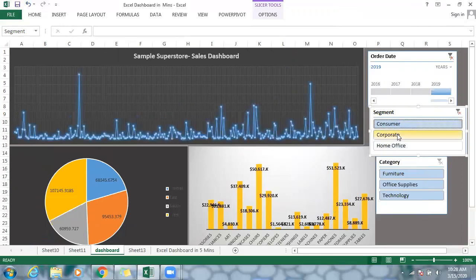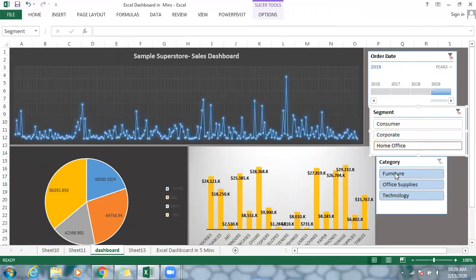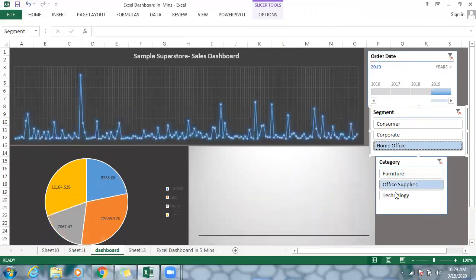So let's say when you select consumer, corporate or home office, you're going to get that specific information. So office supplies,